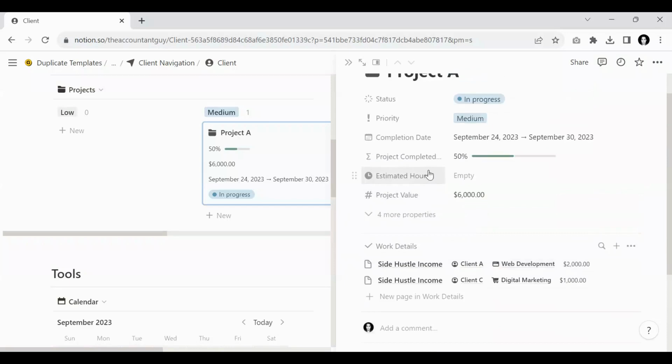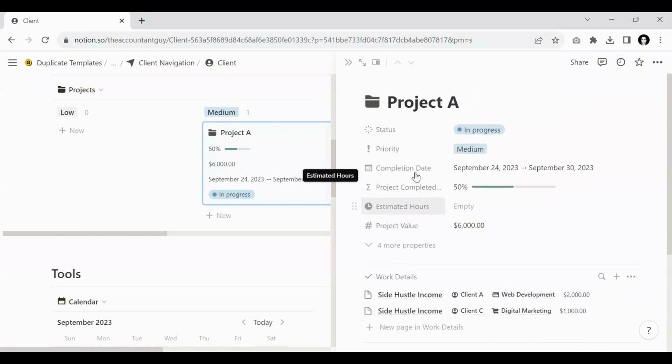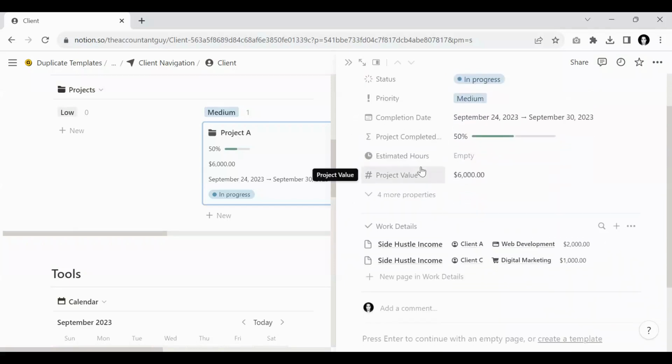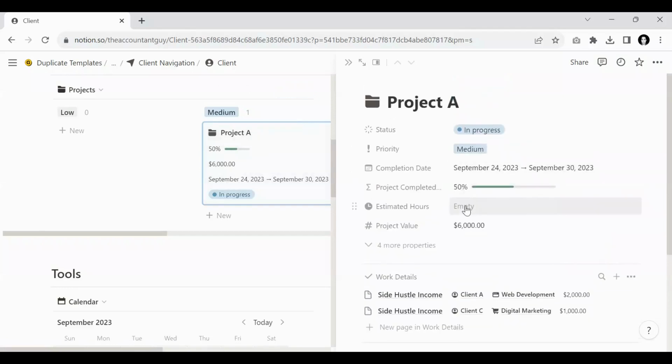Any project for a particular client can be looked at in two ways. One is if you are specifying hours for completion of this project, you can specify the hours directly over here. Let's say project A is estimated to take 10 hours, so you can simply put 10 hours over here, and then you will be able to calculate how much the project is completed by the actual hours that you will be